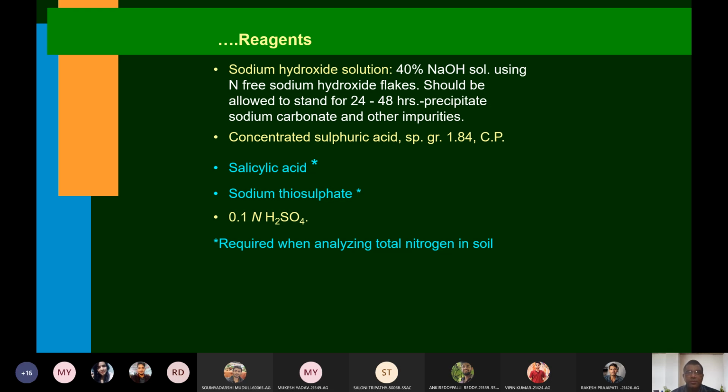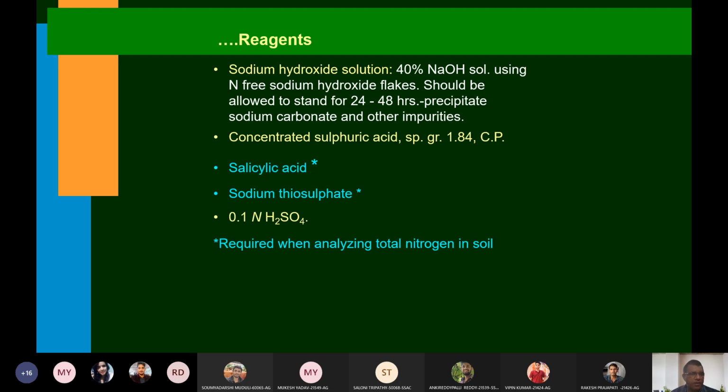Exothermic reaction. You need to be very, very careful in handling sodium hydroxide. It burns your skin. It is a very dangerous chemical. So when you prepare it, it gives out a lot of heat, so you need to be careful. And it takes a lot of time to cool it down. So never use it freshly prepared. At least 1 day in advance, you need to prepare sodium hydroxide. It can never be used fresh.